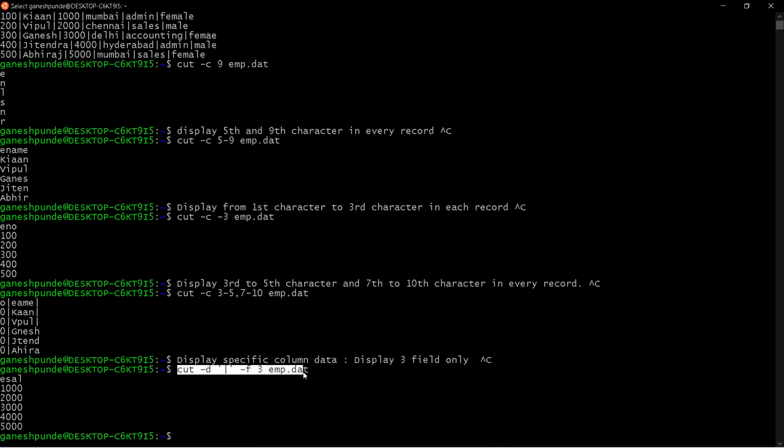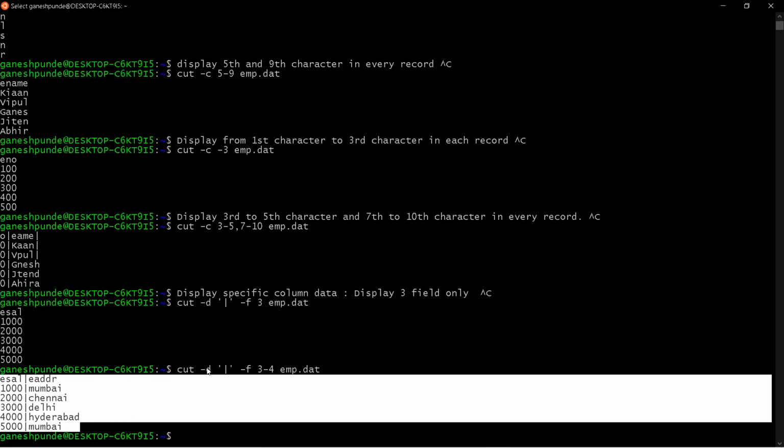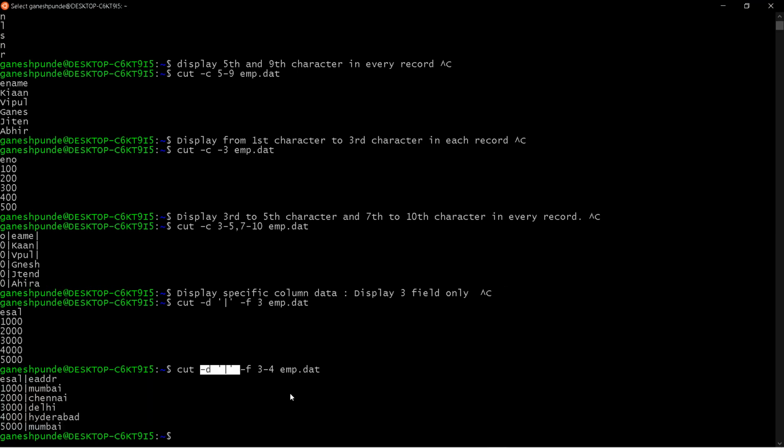So if you want to display the specific field, you can specify that. So this D stands for the delimiter. If you want to display multiple fields, those fields will be delimited by this delimiter. So for example, if I want to display the field 3 and 4, you can see it is delimited by the pipe operator because of this delimiter character.